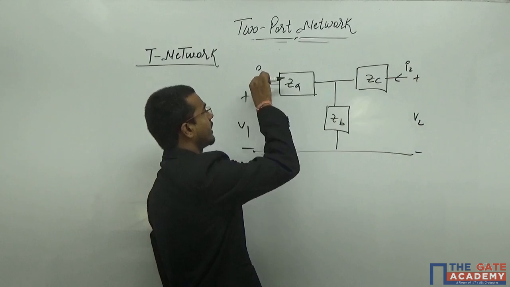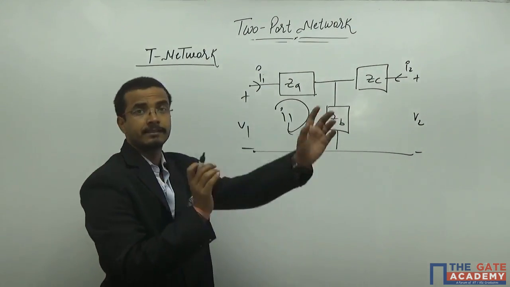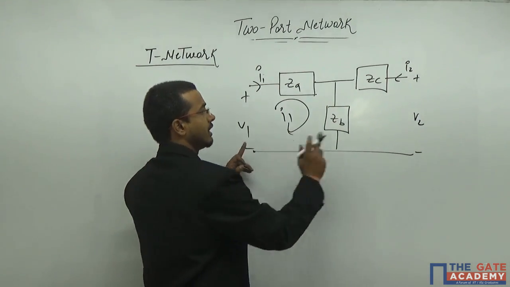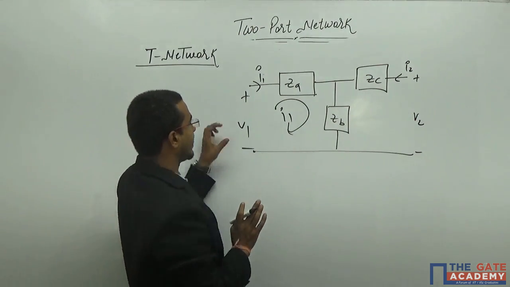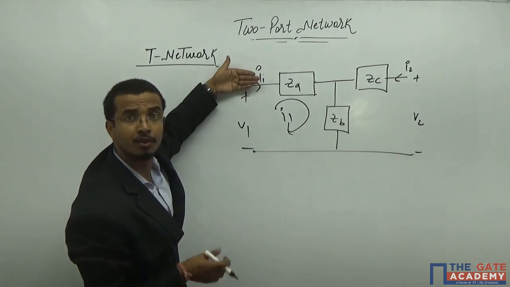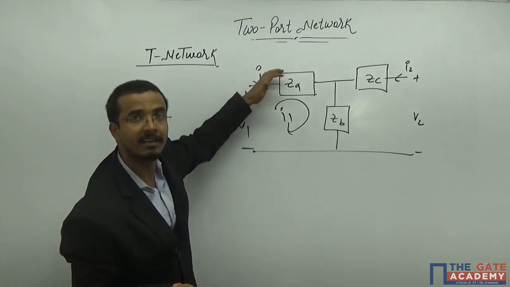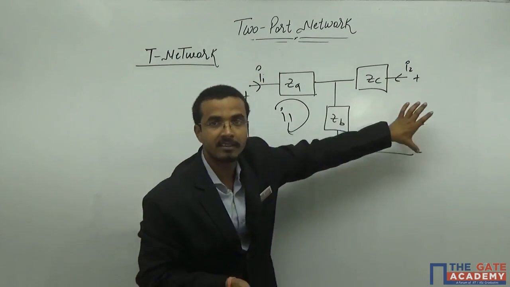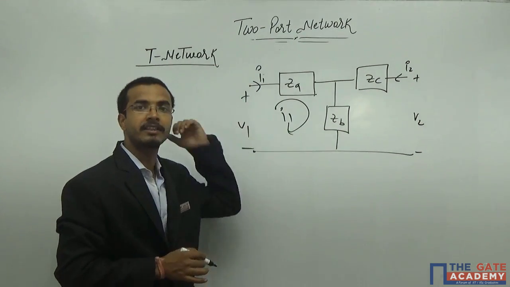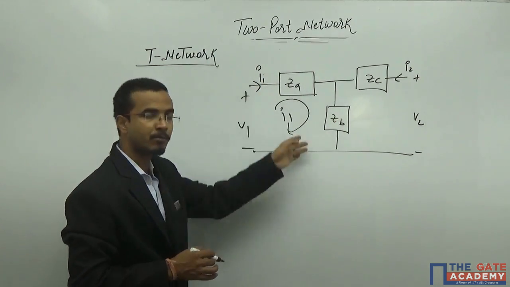That means here the current is I1 in this particular loop. You will assume that the current is I1. So please, whenever you are dealing with a port network, you do not have to assume that any port is open circuited. Here I am applying this and I am saying that the current is I1. Nobody will assume it like this. If it is like this, that means you have applied some current here. It is not open circuited. So please, if it is a port question, it is automatically pre-assumed that you are getting some closed path here.